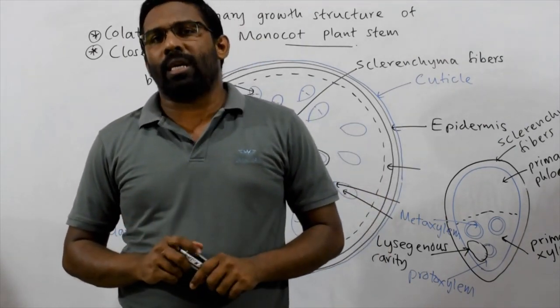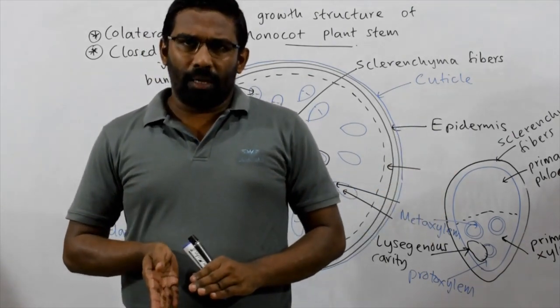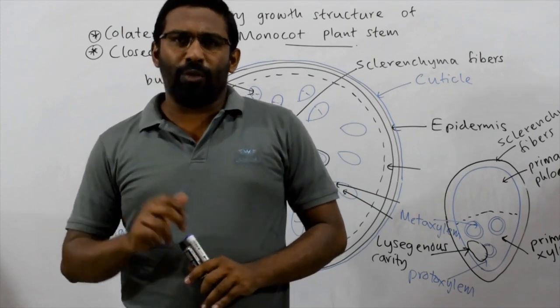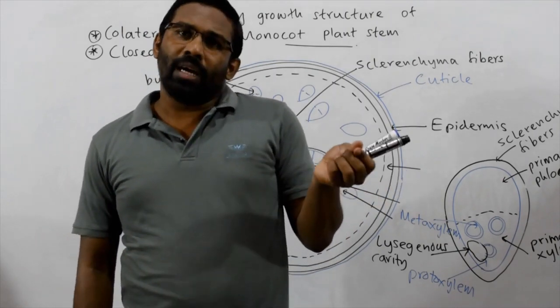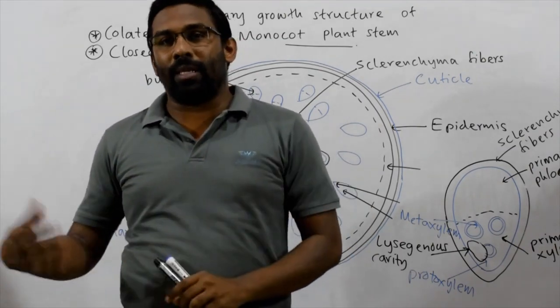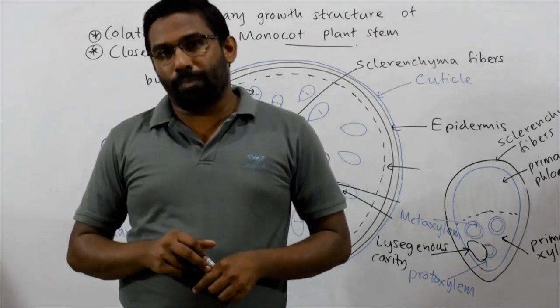Here there are differences between the shoot apex and root apex. So there are basic differences. One simple difference, the first difference, is that the root apex is found at the tip of the root. The shoot apex is found at the tip of the shoot. It's a simple difference. It's simply given in your resource book.